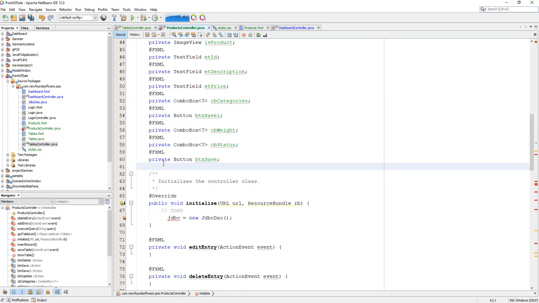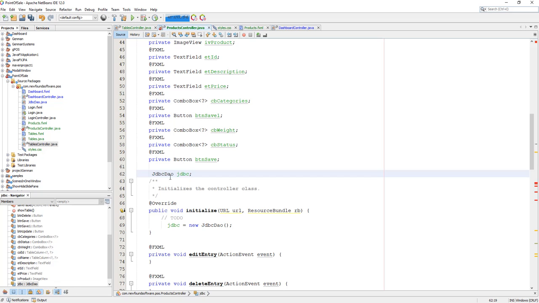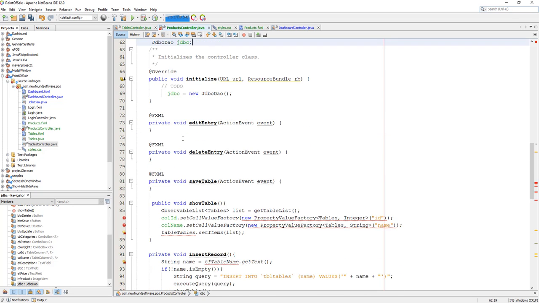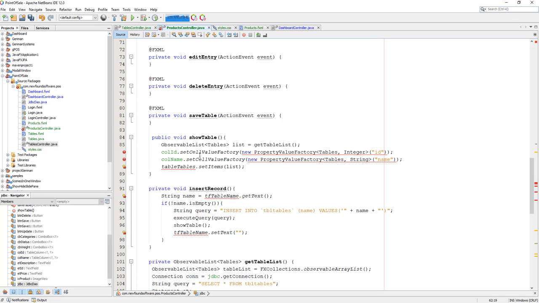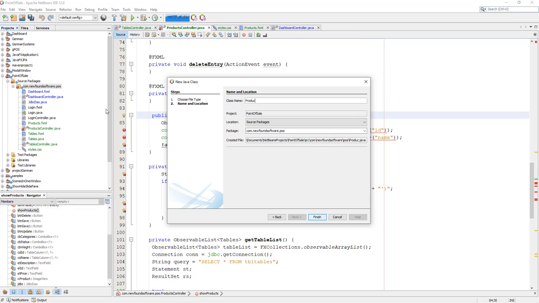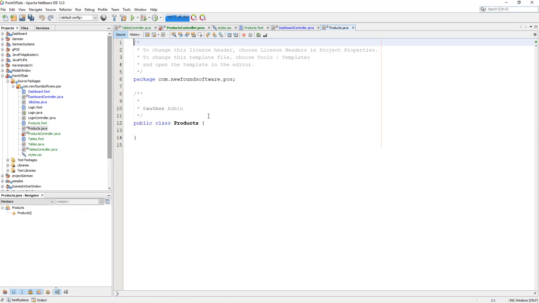So this is for our database connectivity. So JDBC database object. Then we're just gonna set this to show products, not table, and we're gonna add a new bean class for our products. So products, and our products has